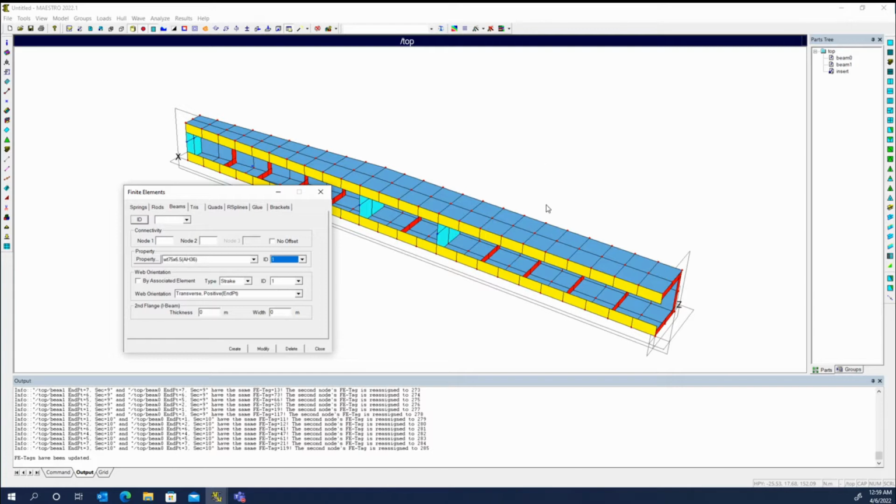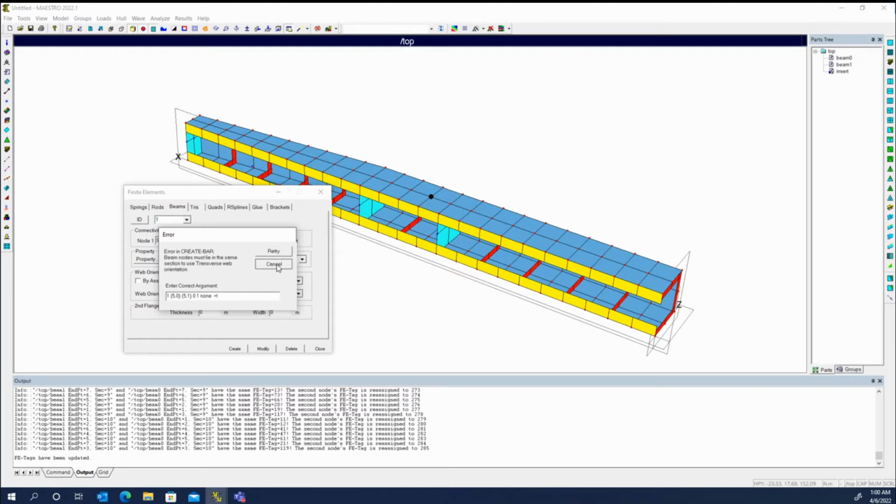So as an example here, let's go ahead and create a beam on top of this strake just to show how they get created. So we'll grab 2 nodes. I didn't have that as the active part. I tried to grab them from beam 0 and it wasn't my current part, so it didn't let me select those. So we'll go into the insert, which is the current part, and I select 2 nodes, and we'll just use that standard 75 by 6.5. And if I say create,